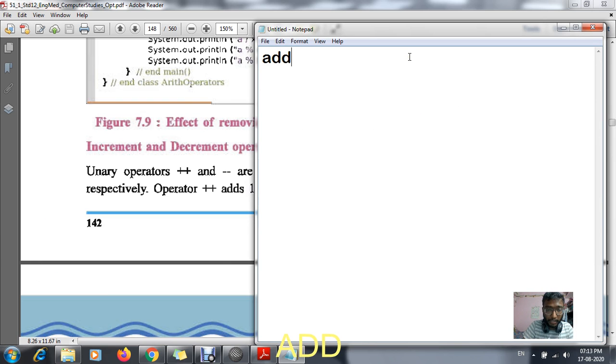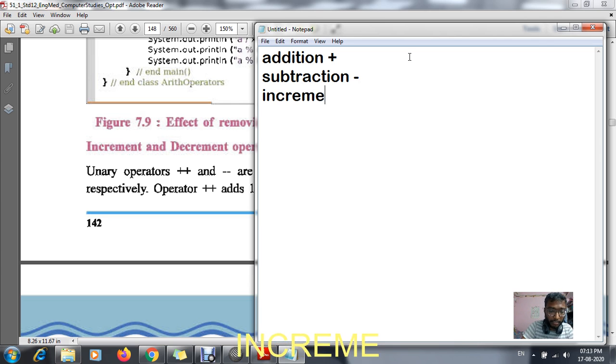For addition we use the plus symbol, for subtraction the minus symbol, for increment plus plus, and for decrement minus minus.